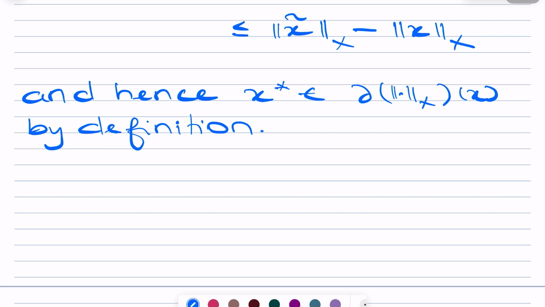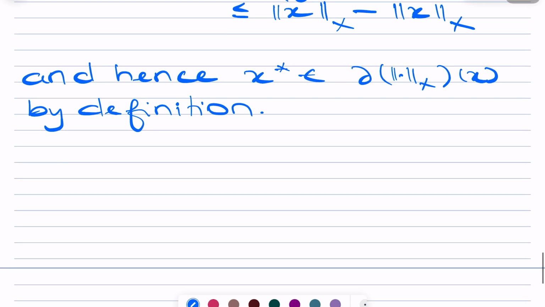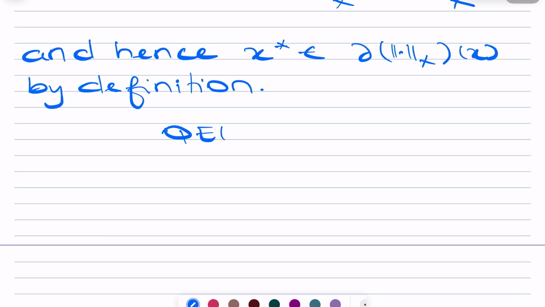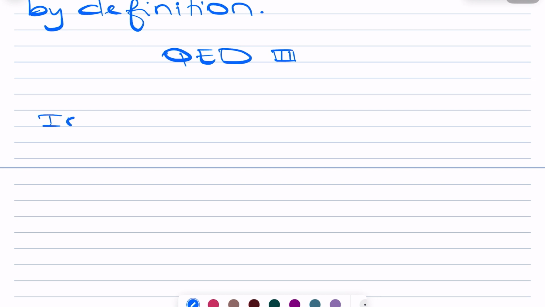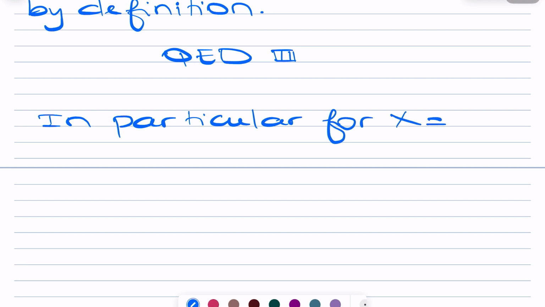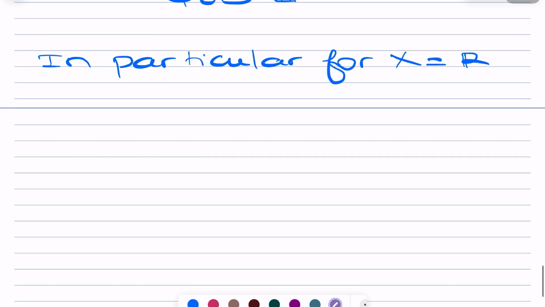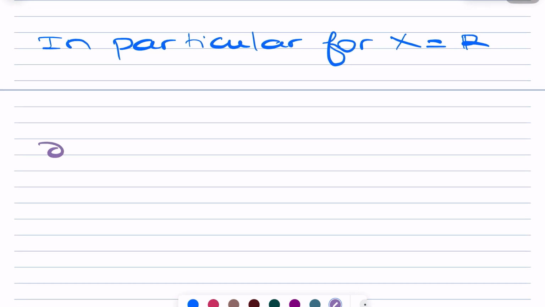Okay, so this is the end of the proof, right? Not really difficult. So in particular, for X equal to R, we obtain the subdifferential of the absolute value function, right? That you know already from the last video. So you saw that the convex differential of the absolute value function